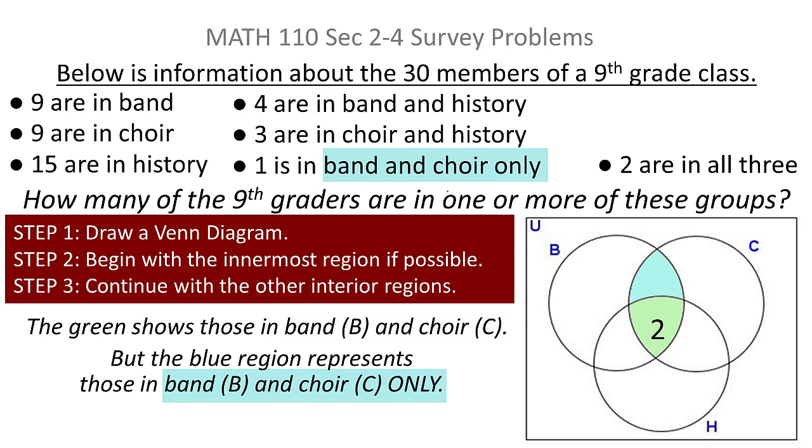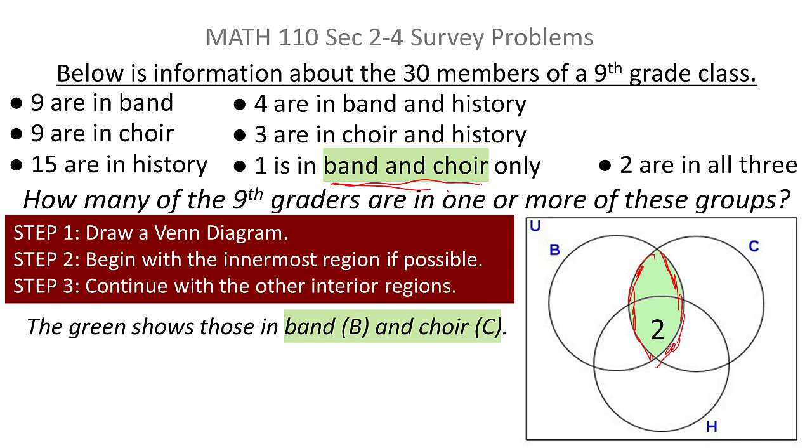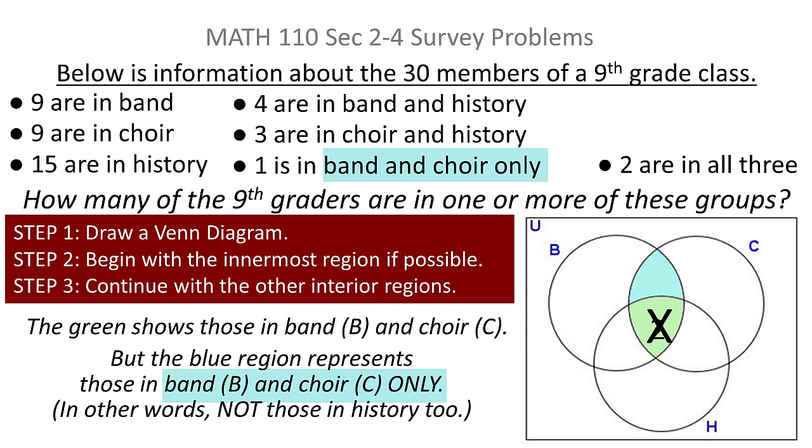That means they are not in history. So if I'm looking at the people that are in band and choir, if that word only weren't there, then that whole green area would have to be 1. But it says only. The only eliminates the possibility that they could also be taking history, which takes them out of that history circle. So when you see the word only, that's a clue that the number you're dealing with is going to be in a subregion of the region you get by ignoring the word only, if that makes